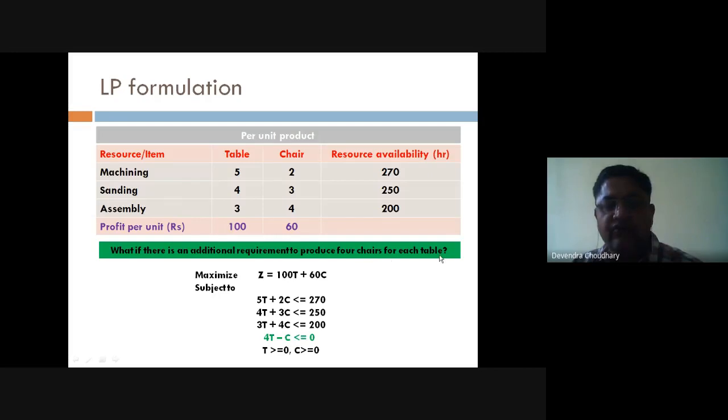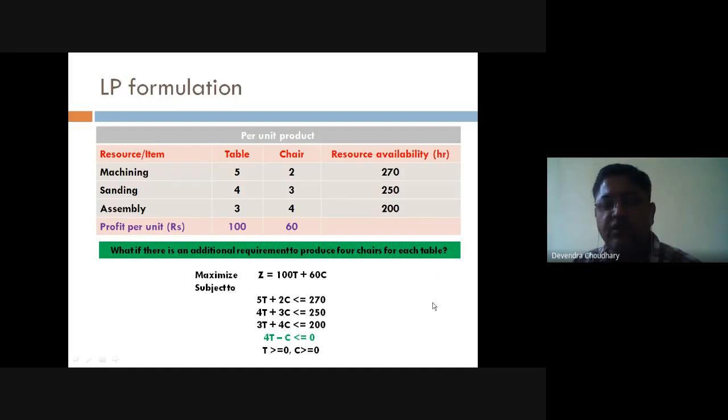If you are producing, let's say, 5 tables, then how many chairs should you produce? To have 4 chairs per table, we should produce 20. If you are producing 5 tables, then we should produce 20 chairs. So you can write T equal to C by 4.